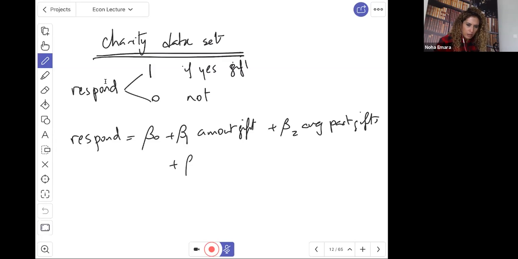Let's say another dummy. Remember I told you the x could be a binary, we don't care. So this binary is "responded last," which means it's going to take 1 if the person responded last year. It's most likely that if the person responded last year and sent a donation to a charity, they will not respond next year, right? So if the person is already responding, then he might skip the next year. So, responded last year,